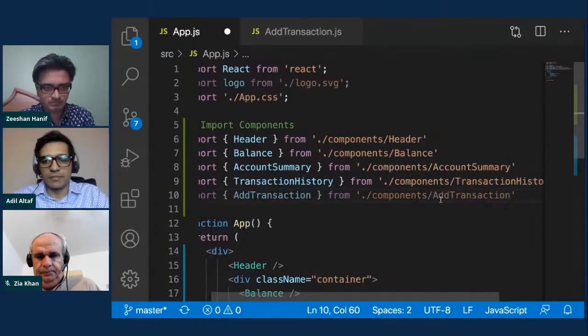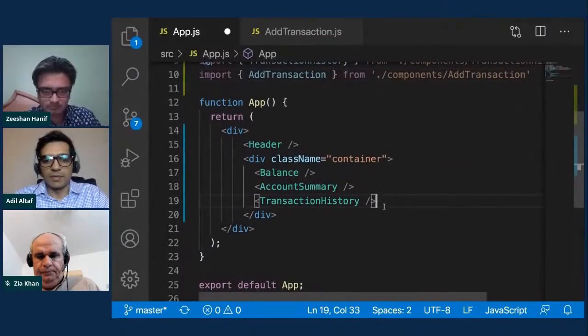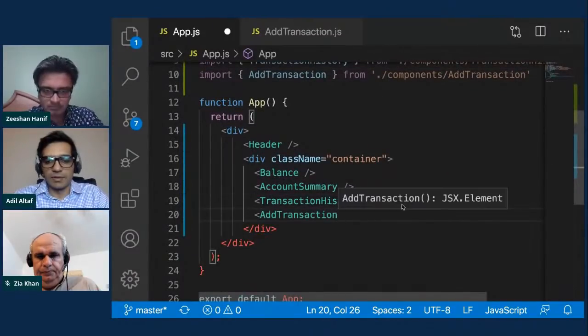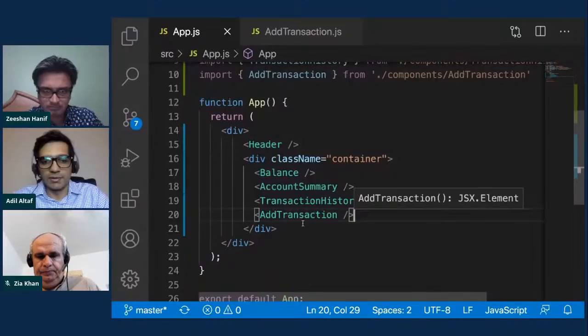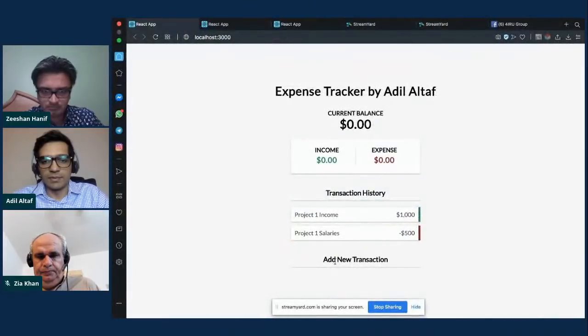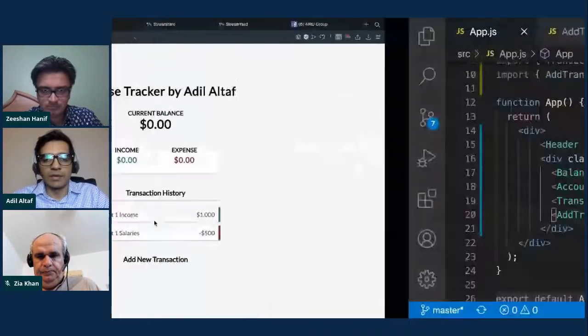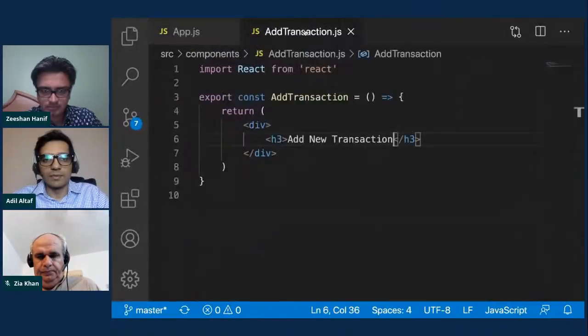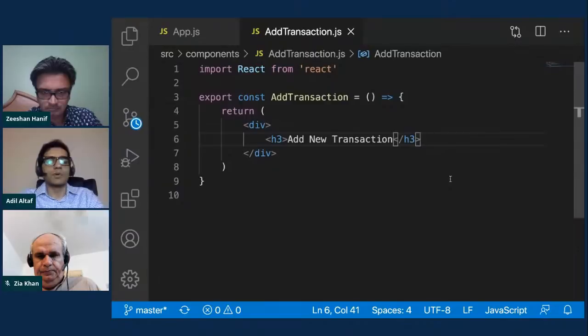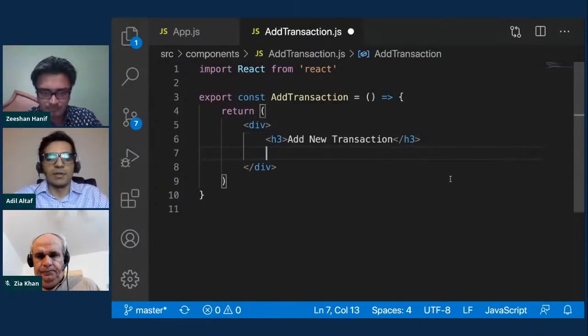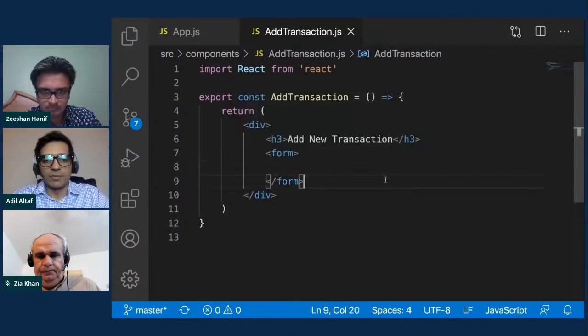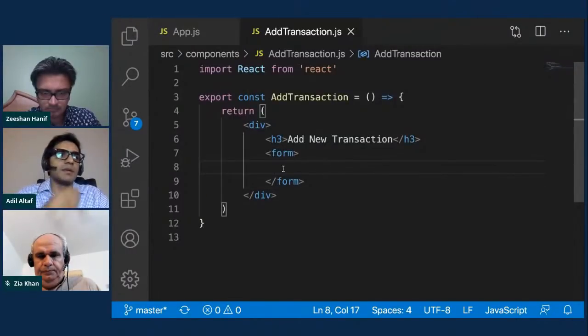And then we want to in that component. So here we go, add new transaction. So our component is being rendered. Now we can go ahead and code the rest of the things here. So here what we want is we want the form. So our basic form element, and then within the form we have